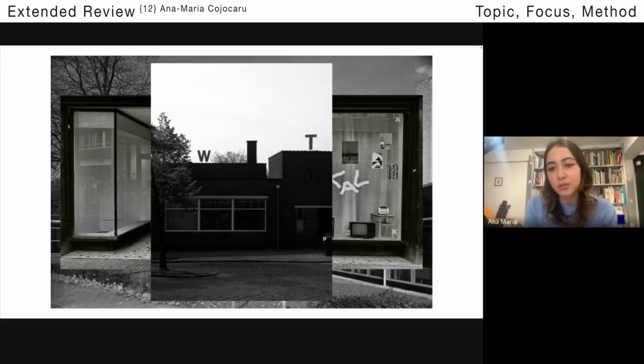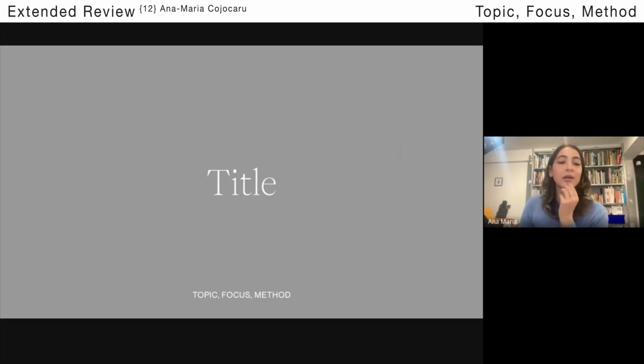So why I chose the title Topic Focus Method is that during this presentation, I was trying to also get a better understanding of my own work. So I created this format of keywords, and in a way, the methodology I use for my projects. This is the format: a title, topic, focus, method. I'll go through a few of my projects so far that feel relevant to my practice now as a